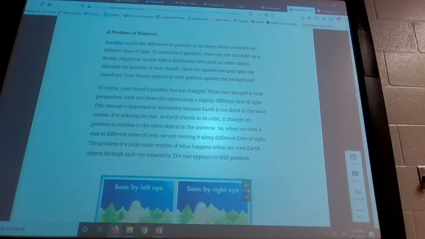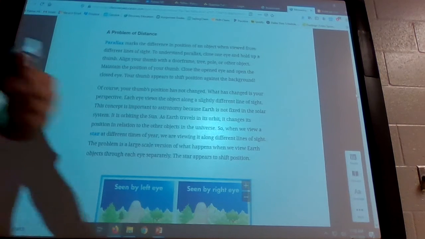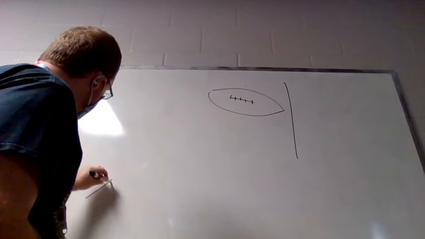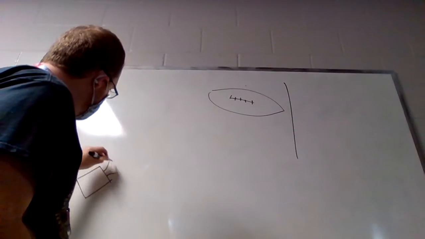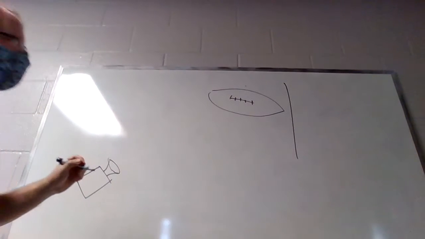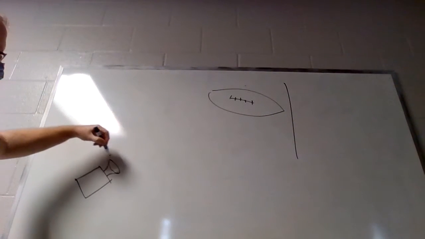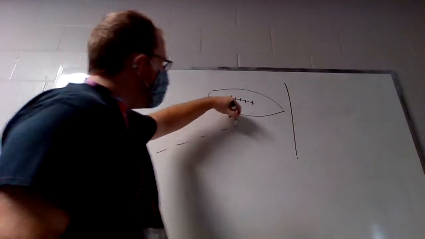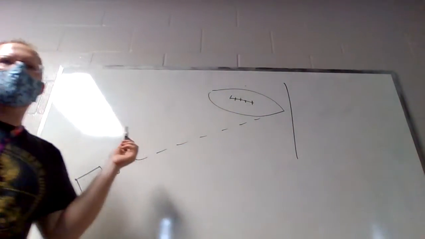My example is, let's see, here's the line, here's your football. That's a terrible football. Let me put some laces. So now you know. And yeah, that's your goal line. That's your football. And if you're looking at a camera that's down here at the 50-yard line, this is my camera. Boom. If you're looking at the camera down here from the 50-yard line, you're seeing, well, I didn't angle my camera right, but you're seeing it,